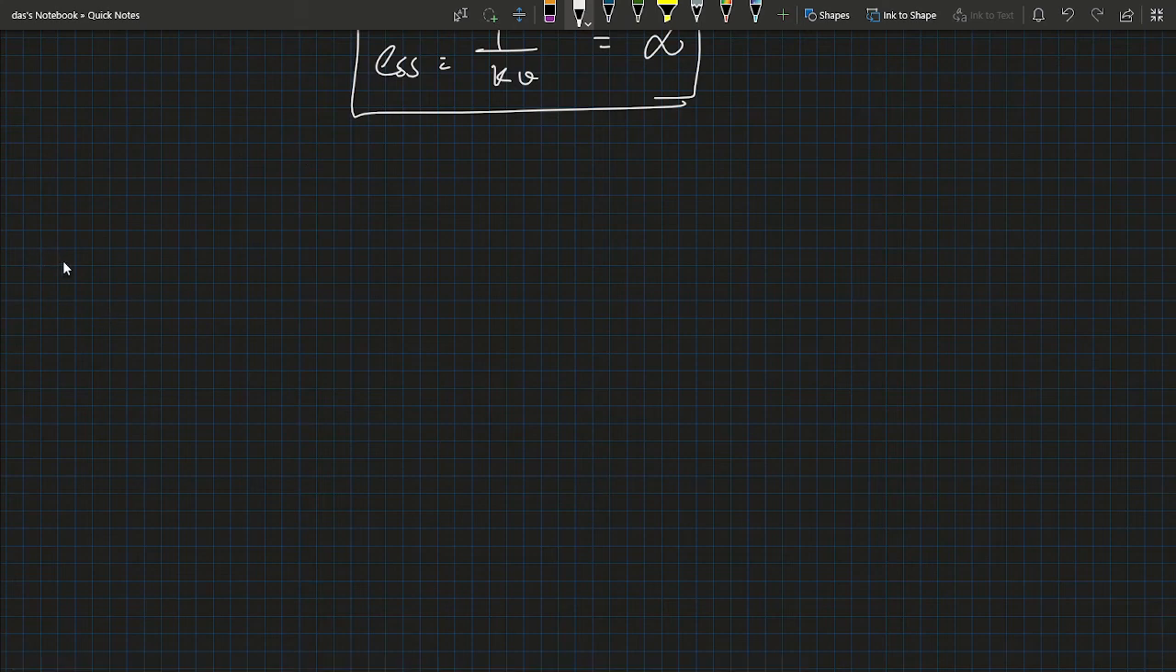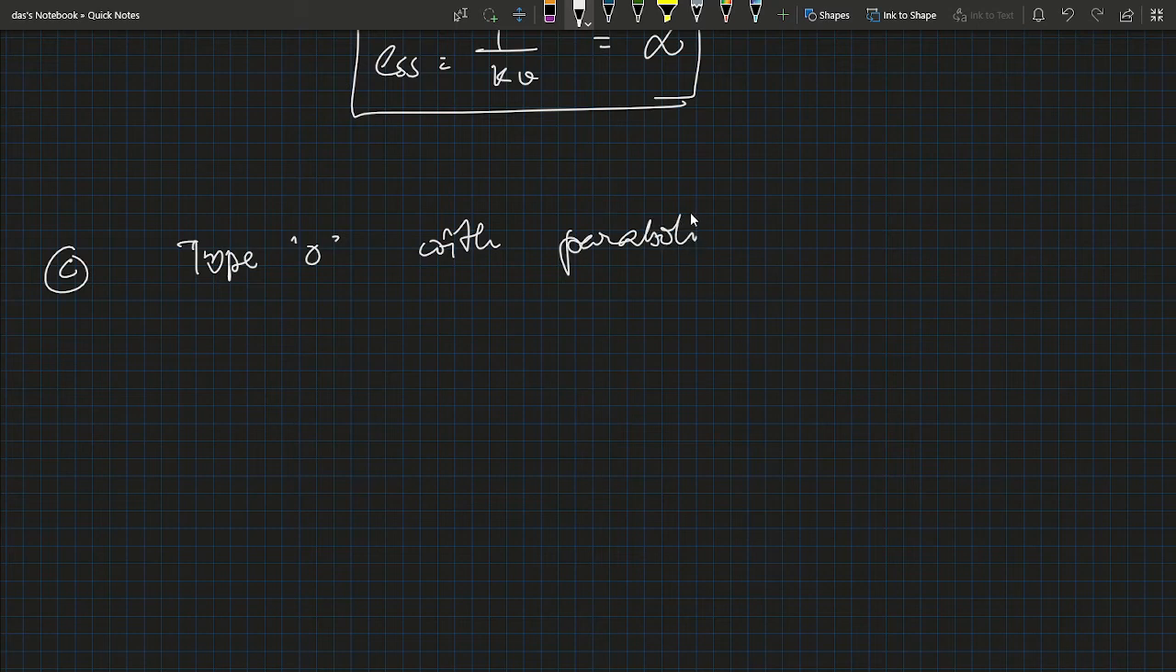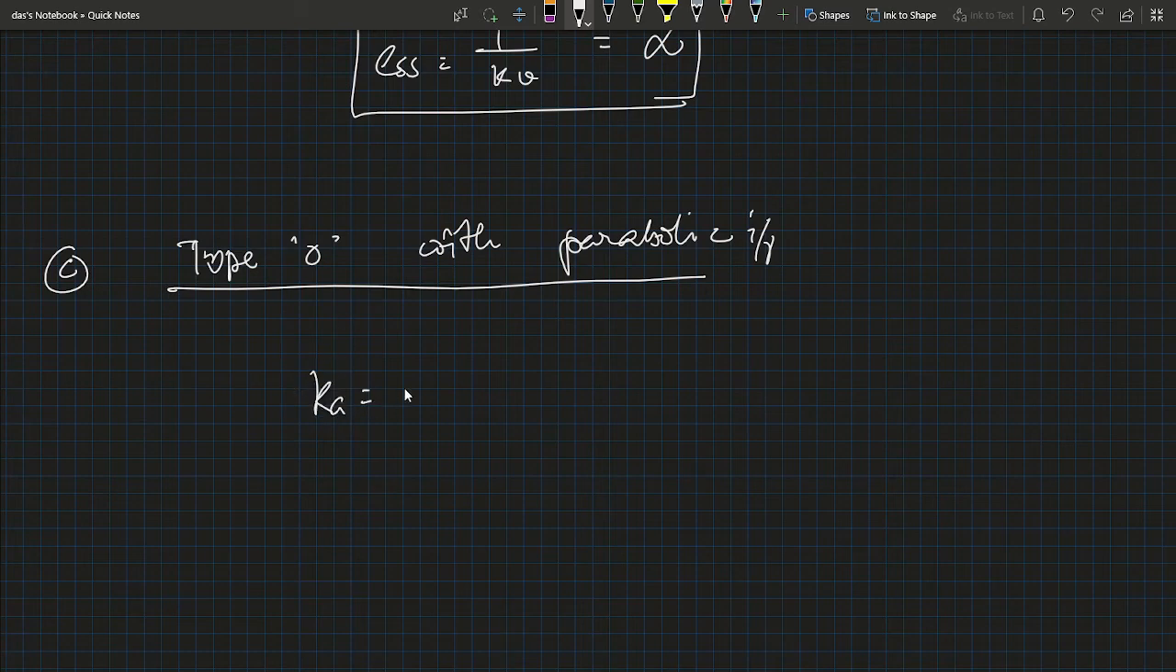Now next one is number 3, type 0 system with parabolic input. Parabolic, this is very important. So for parabolic input, 1 by s cubed, we already know that. So for G(s)H(s), the main parameter Ka is basically limit s tends to 0, for the final value theorem,